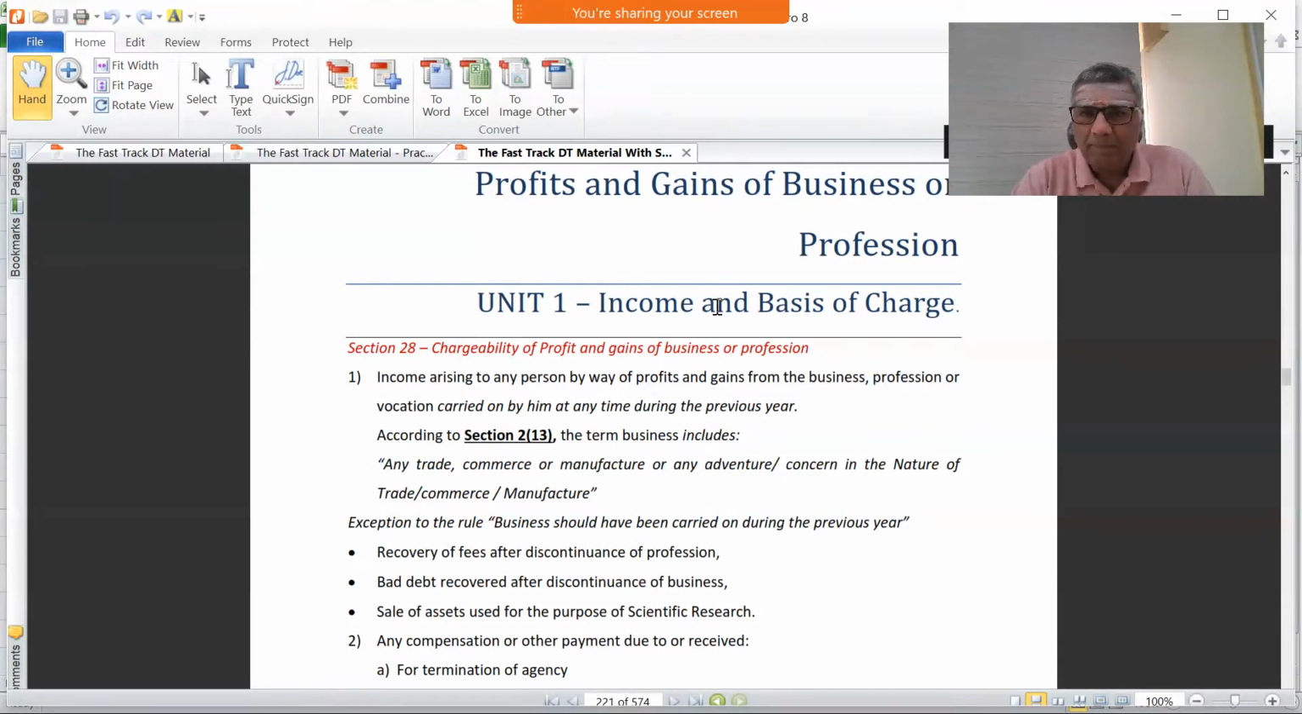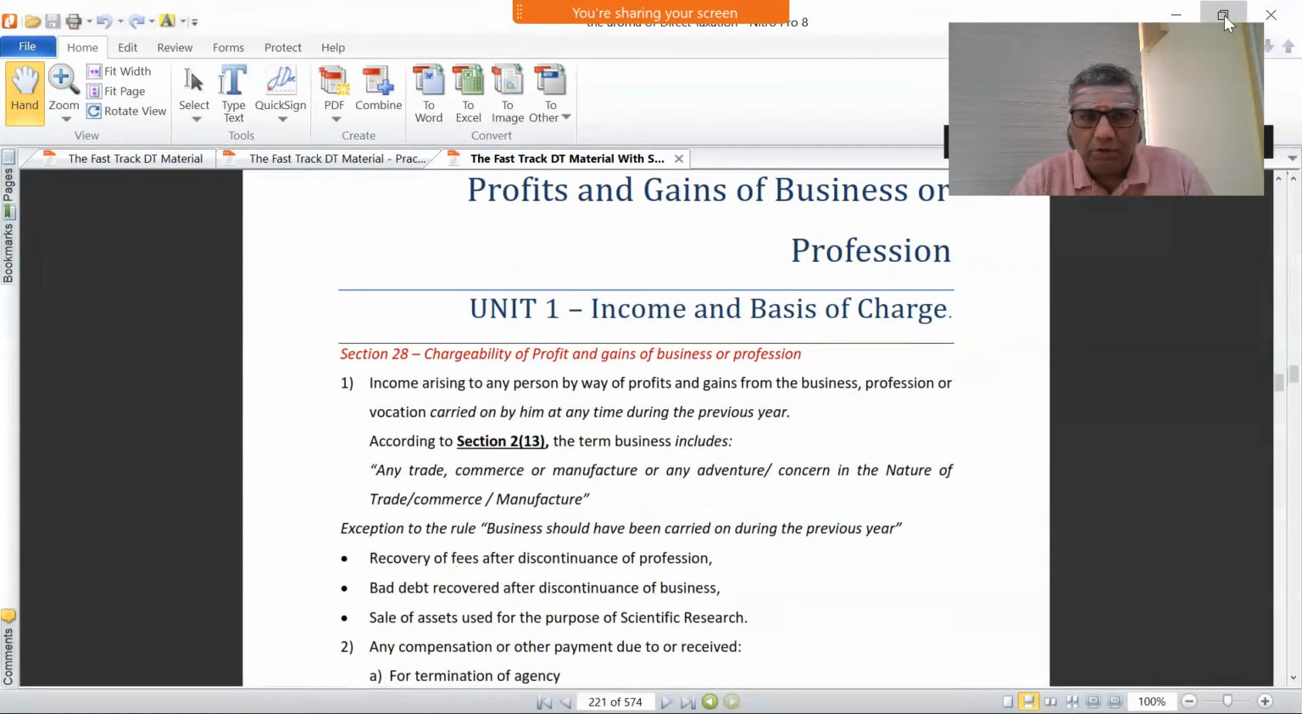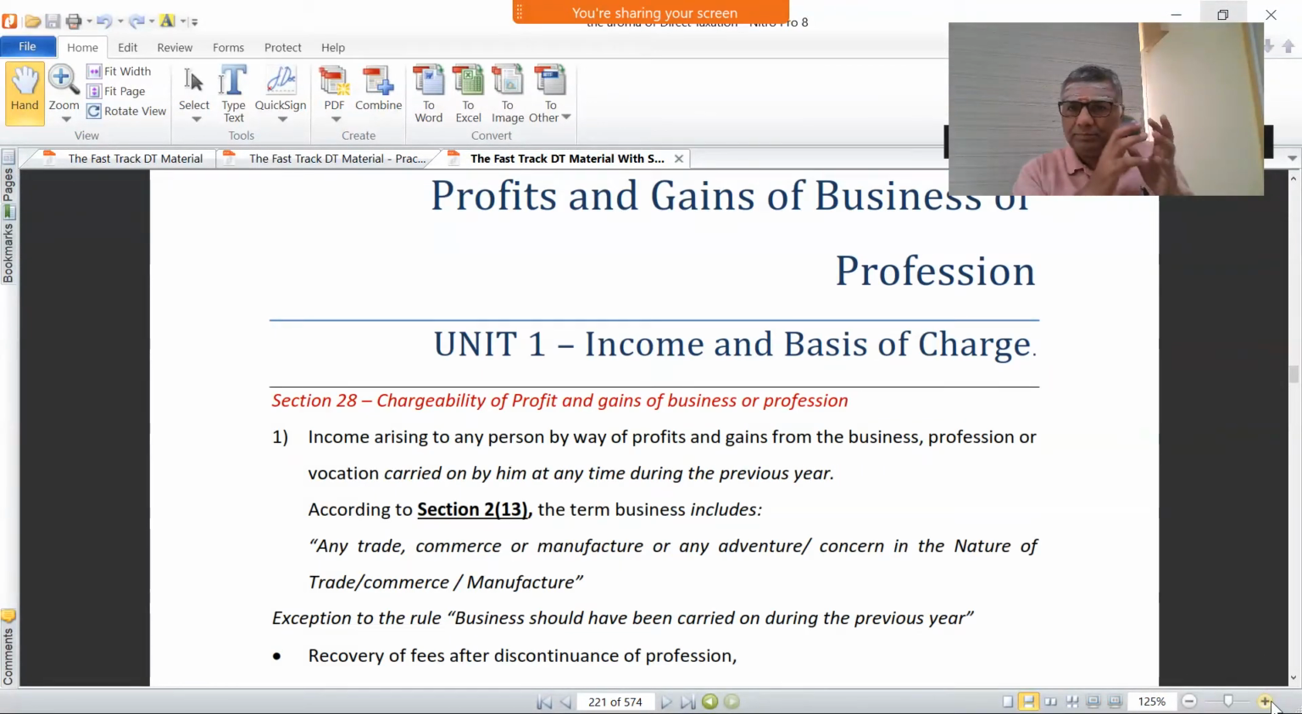Before entering the chapter, let me give you a broader guideline about the chapter. The chapter has a coverage area of 16 sections, Section 28 to 44, but a lot of subsections and other parts are also there. Some sections are not even in practice, like 34 is not there, 39 is not there, 42 is a rarity. So like that, if you eliminate and see,